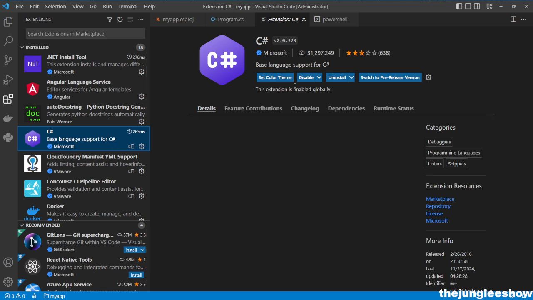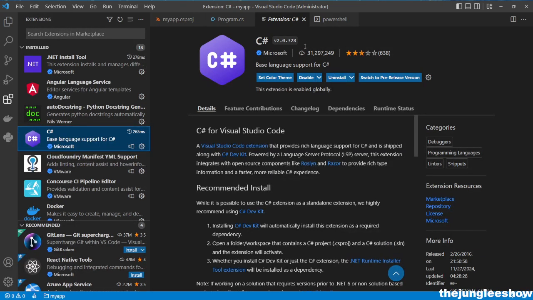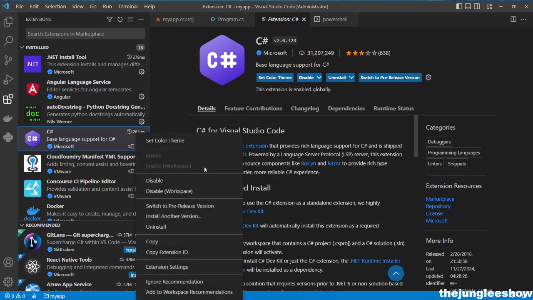this extension. Okay, we need to install this extension in VS Code, and I think this would help us in debugging the .NET applications, right? So if you do not have this, go ahead and install it. Okay. And one more thing that I would like to say is even if you are installing and